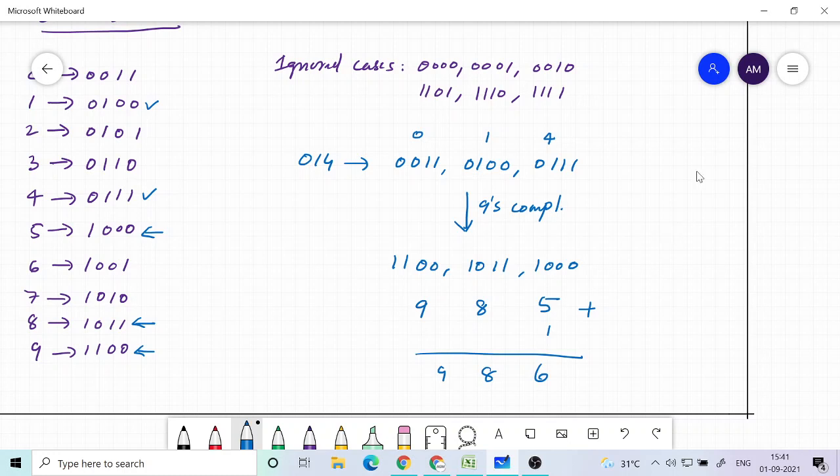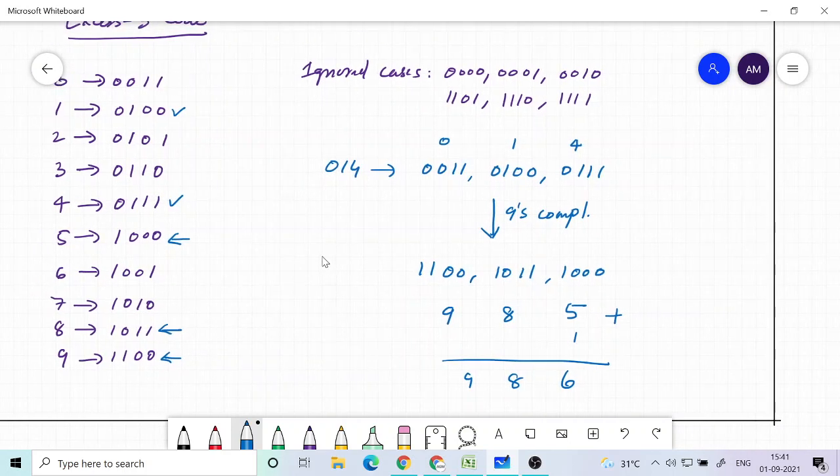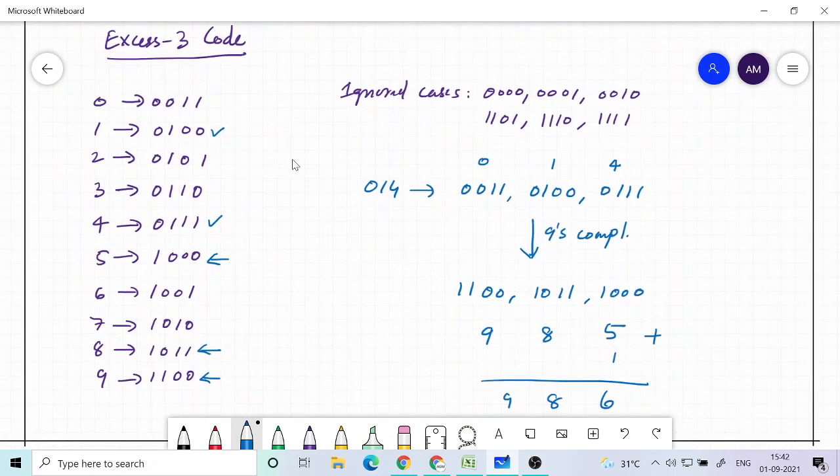So we don't need any subtraction here. The whole purpose of going into complement is to avoid or make it easier to do the subtraction. But if taking the complement involves subtraction, the advantage is lost. So XS3 has that advantage.